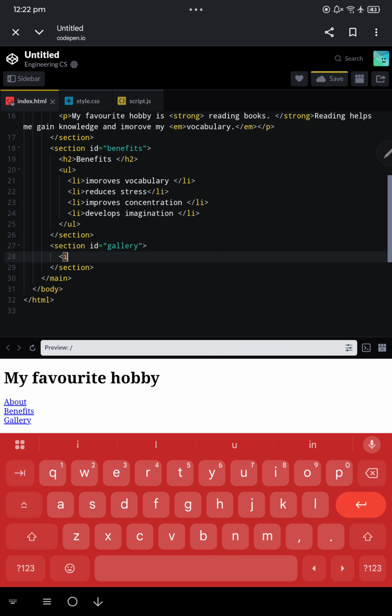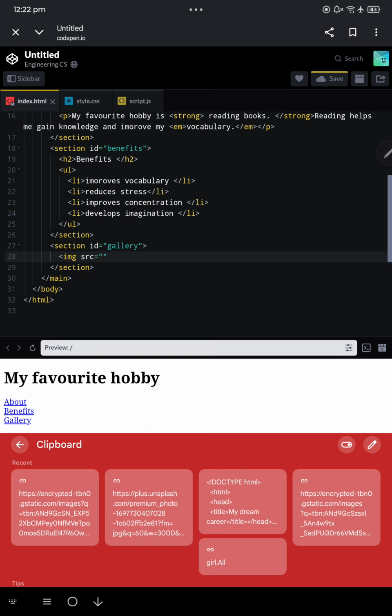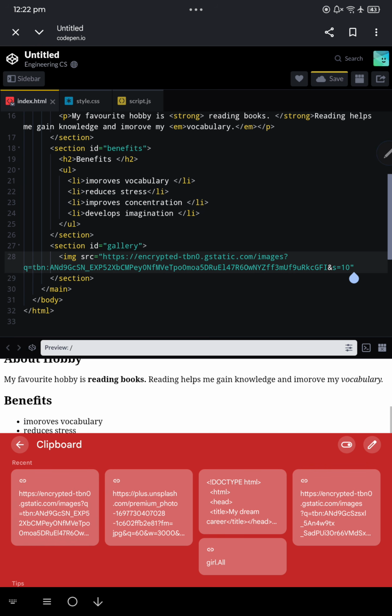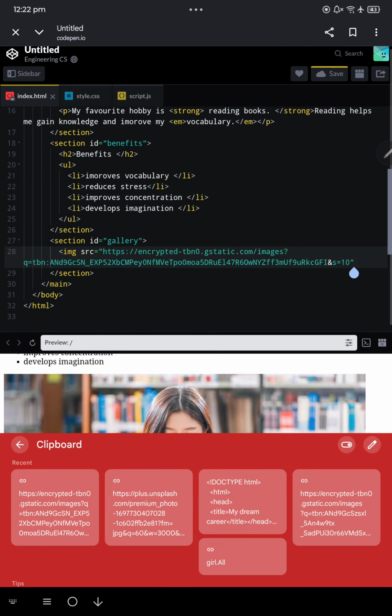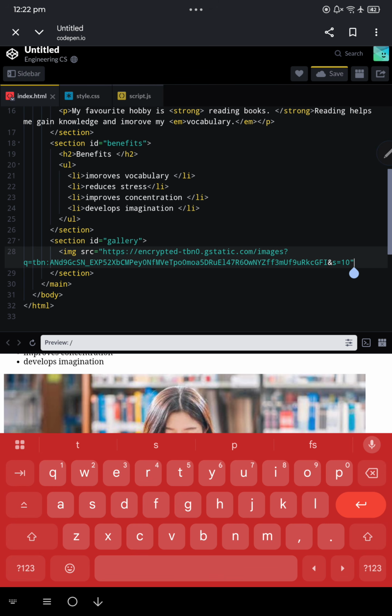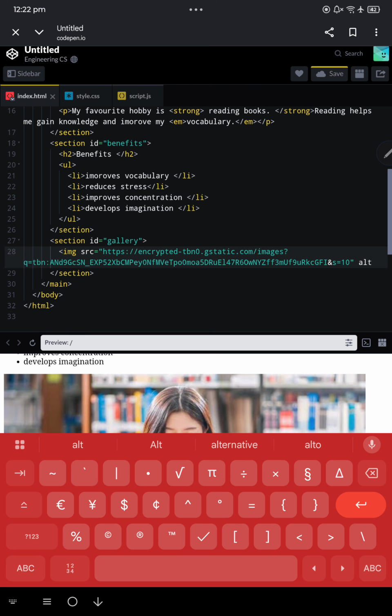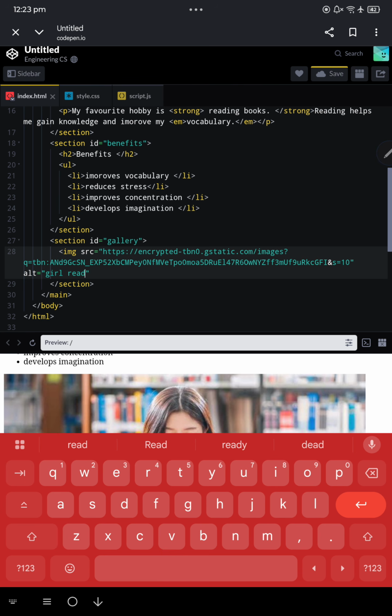I've already copy pasted the image, but not sure if it's going to work or not, because image source equals, here I have to paste this, let's see if it has come. Yes, very good. And I have to also write alt text here, so alt equals girl reading